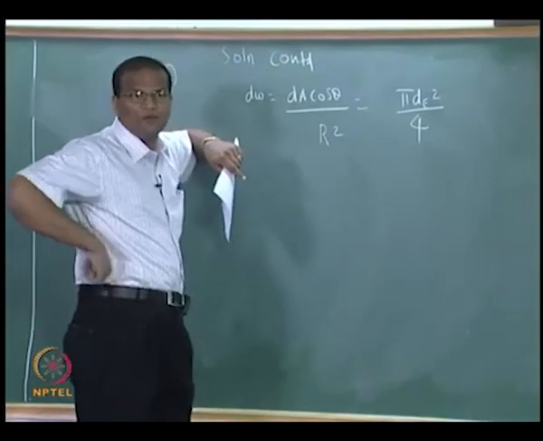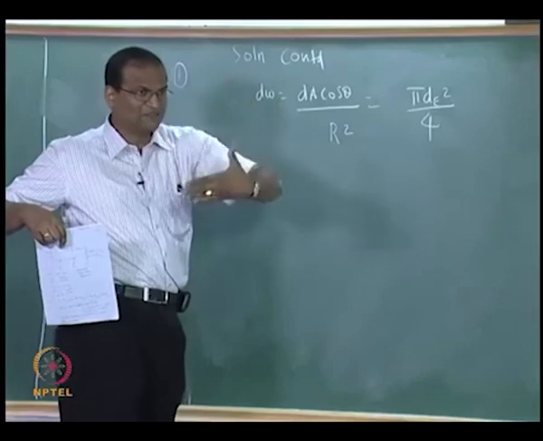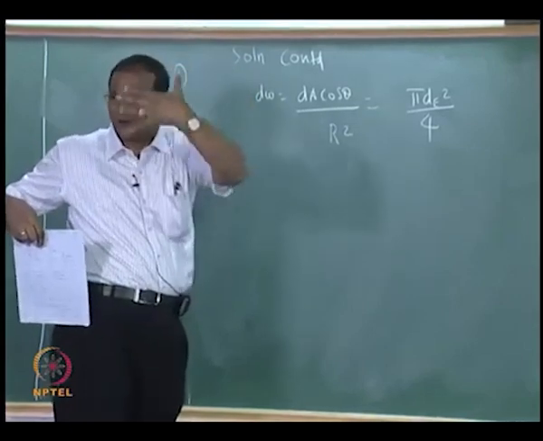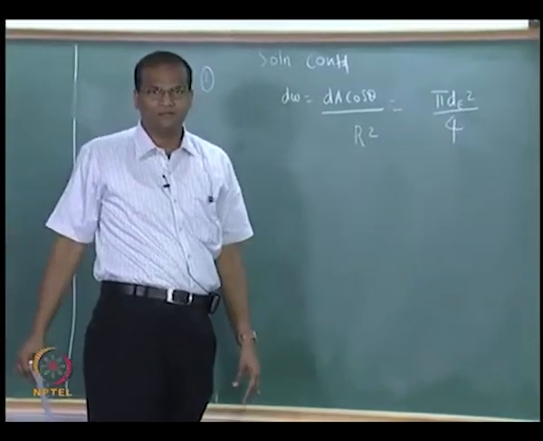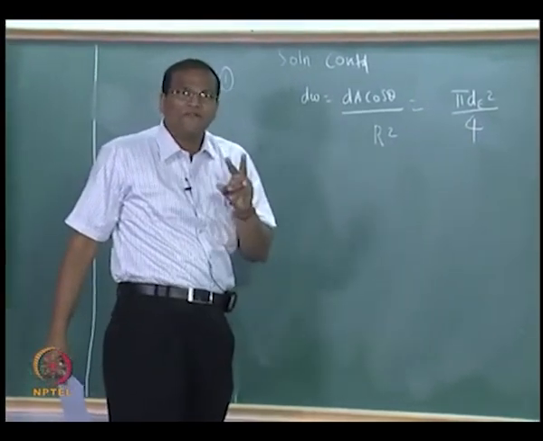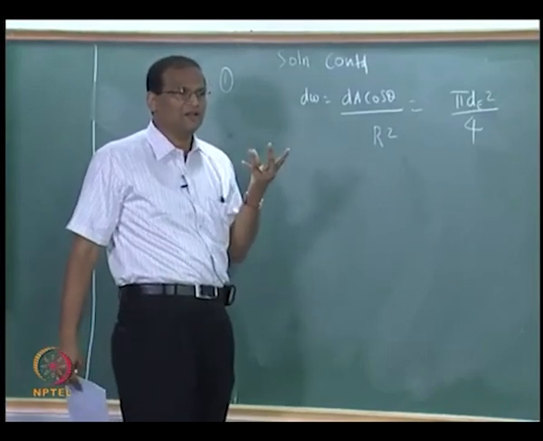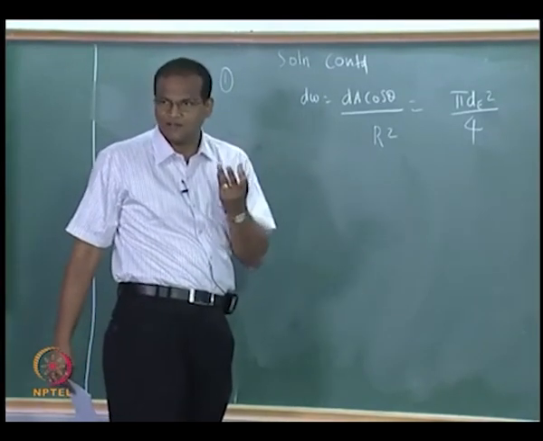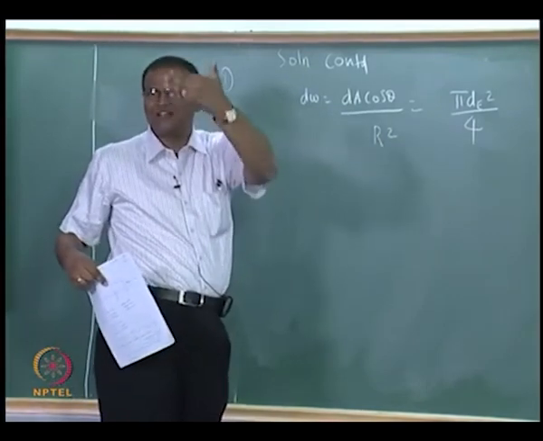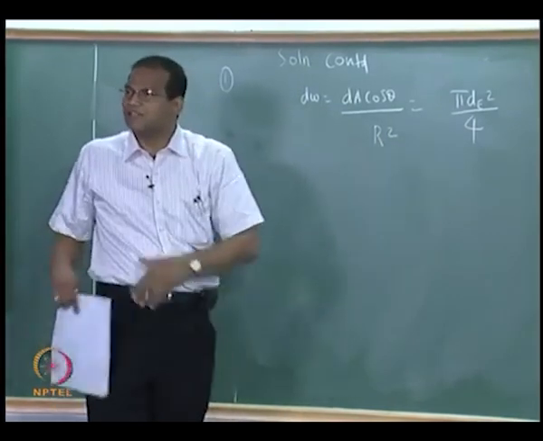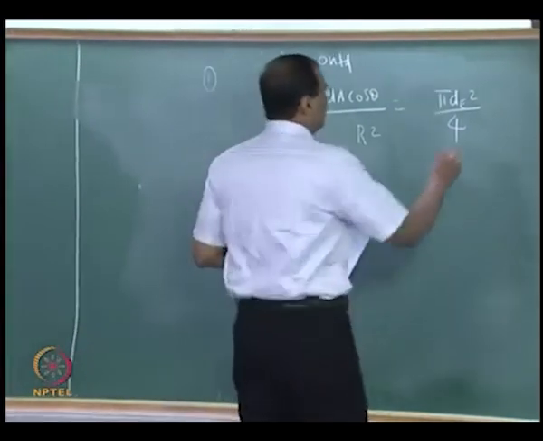The beauty of this problem is, even if it is a sphere, what it receives from the sun depends on pi r squared, or pi d squared by 4, but when it emits, it will emit from 4 pi r squared. That is why some people fail to recognize this 4, and they got temperatures like 450 Kelvin, 557 Kelvin and so on. As far as incoming is concerned, the projected area of the earth is pi r squared, but when it is emitting, it is 4 pi r squared. So pi d squared by 4 cos 0